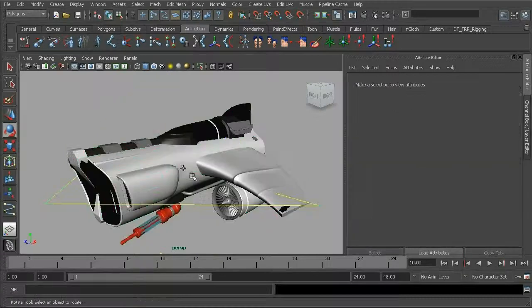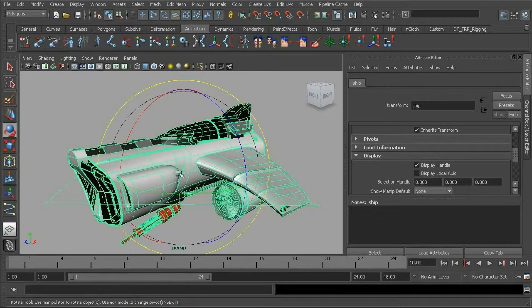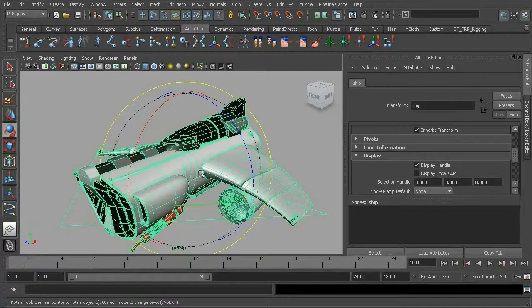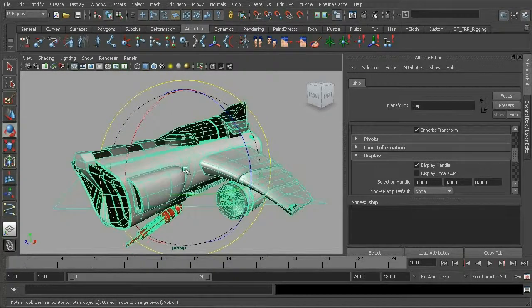But still, I think we can go ahead and place the handle in a much better spot, right at the very center, just so it's easier to see and grab. So with that said, with the group selected, what we can do is use our selection handle channels. So we see 3 here, representing X, Y, and Z. So let's say if we wanted to bring the handle up, well, we can go ahead and use the Y-axis channel in the center and just go ahead and control drag. However, we'd be here for quite a bit if we took this route. So instead, let me go ahead and show you a faster way you can do this,